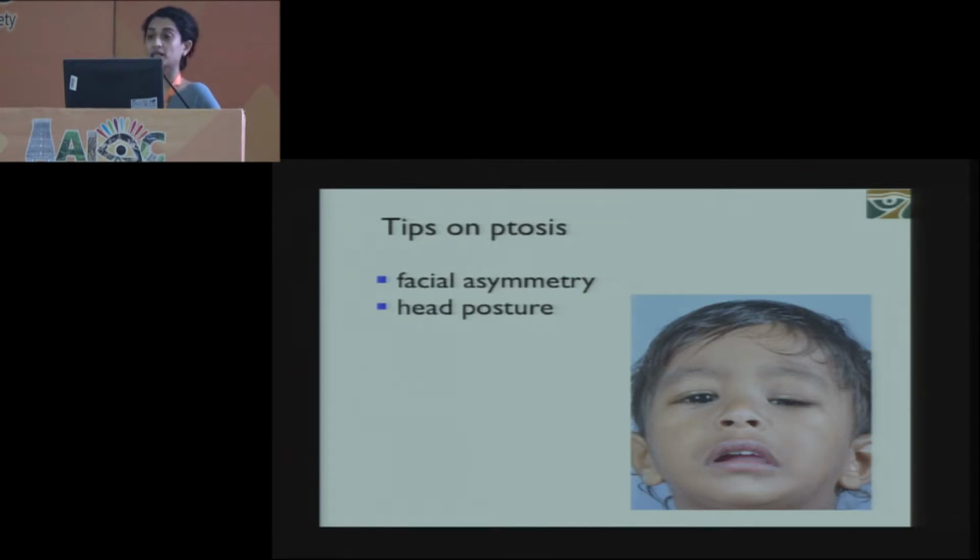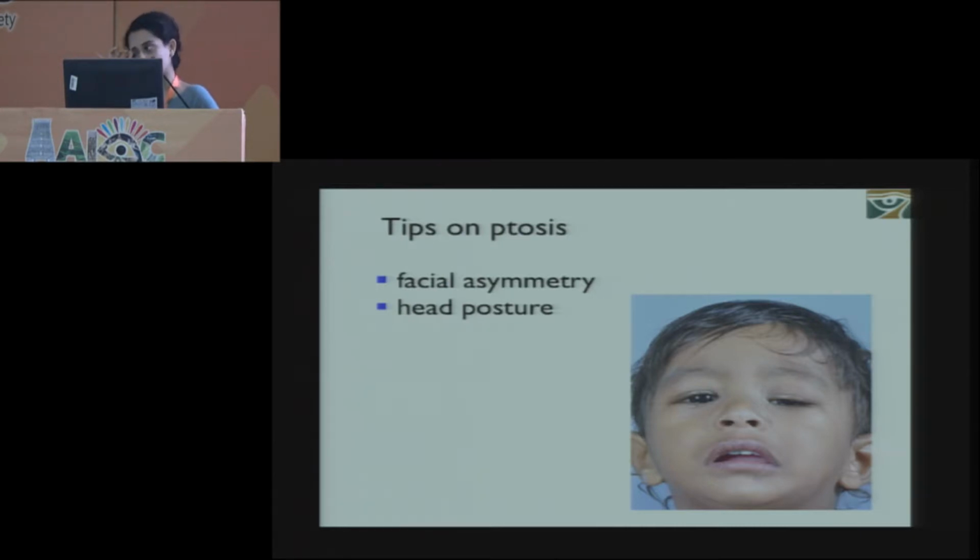Now, when we talk about ptosis, to be very specific and accurate, you should mention it as blepharoptosis. There are other ptoses: there can be brow ptosis, there can be lash ptosis. Whenever you write it, your examiner will be more impressed if you write down your diagnosis as blepharoptosis. These old patients who come to you with acquired aponeurotic ptosis can in fact have brow ptosis also,